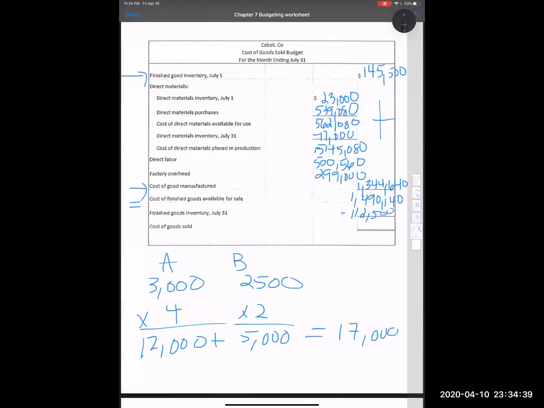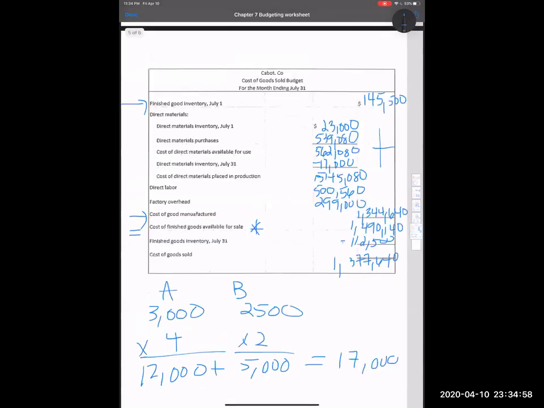So if I subtract out our cost of goods available for sale, less our finished goods, then our cost of goods sold for this particular problem comes out to 1,377,640. Okay, so we have effectively finished. Great job, guys. So hopefully take a second to go through this, and if you have any questions,